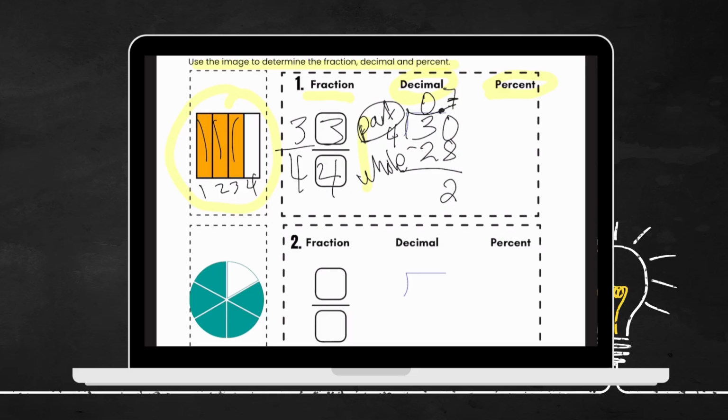4 does not fit into 2, so I drop in another 0. But 4 goes into 20 perfectly, nice and perfectly for us, 5 times. So 5 times 4 is 20, and now we have a terminating decimal. We have our answer, 75 hundredths. Remember, the way we say it is also how you can write it. This is the tenths, this is the hundredths place value. The 5 is in the hundredths place value, which is the same as the fraction 75 hundredths, which as a